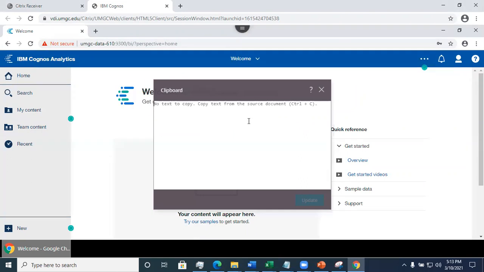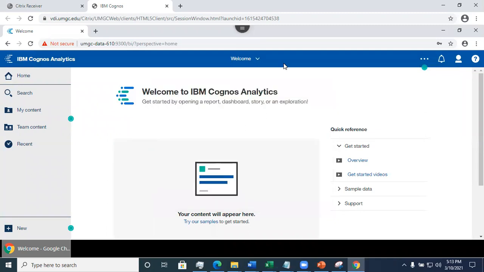In order to copy something from my own PC, I have to copy it here first, and then copy it to wherever I want. I have to go through that little interface, okay? Now, what we're going to do is,